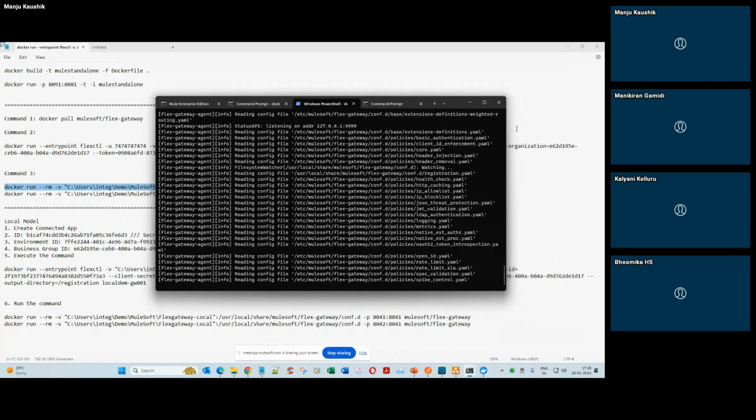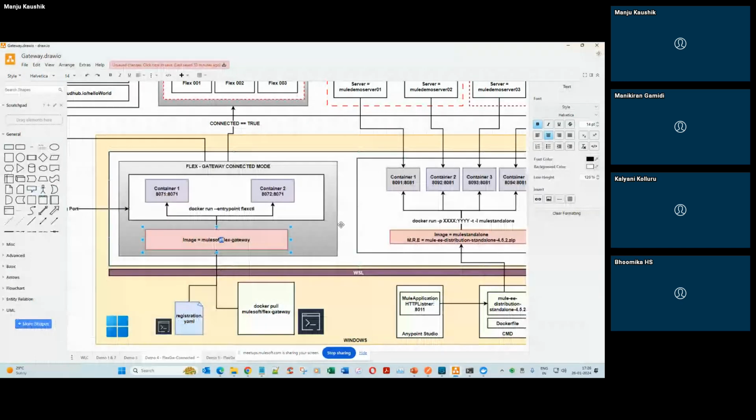Remember what has just happened. So let's go back to this diagram. It just means that here you're listening on 8071, but your incoming port is 8072 or 8071, which means when a user makes a call, the user will call either 8071 or 8072. He will never call on some other port. If I had given something like 4000,